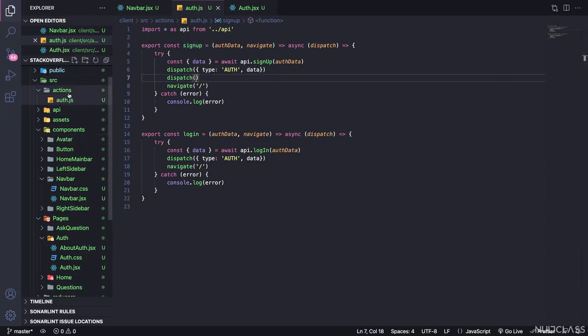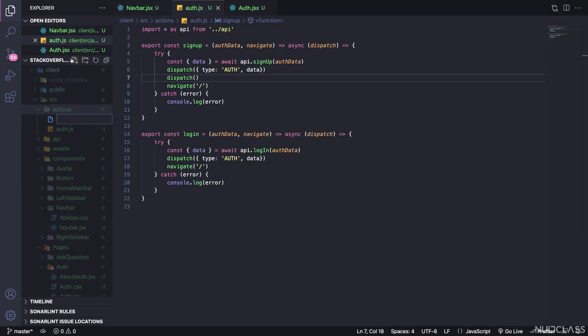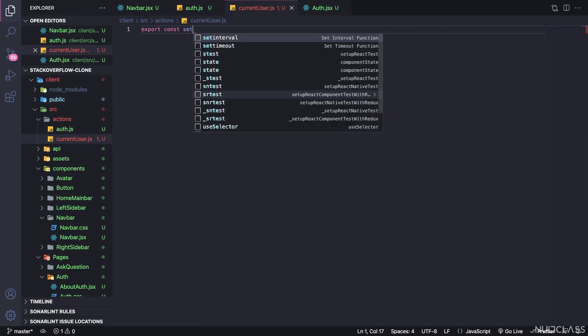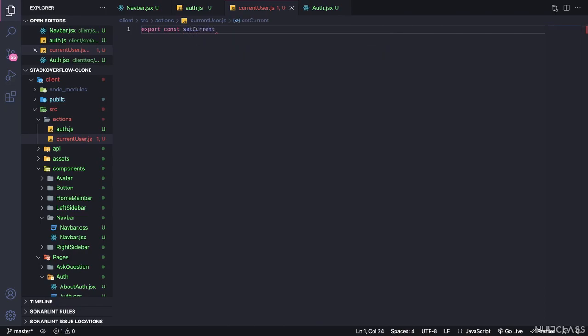So we will create another action called current user. Sorry, we will just name it currentuser.js, and in here we can write the action. We can just write a function, export const setCurrentUser. This action is going to be used to set a value for this current user, which is going to be equal to an arrow function with the prop of data, and we will just return